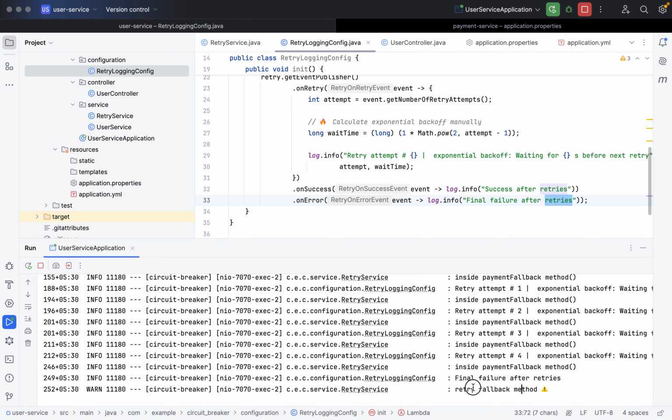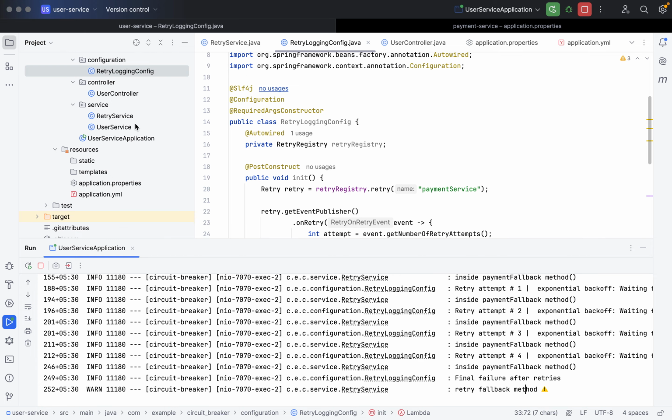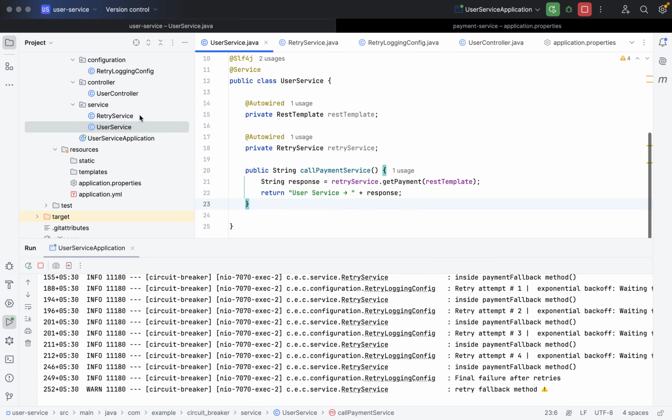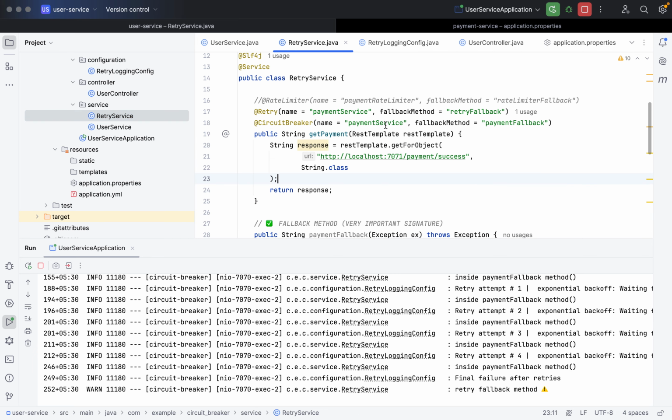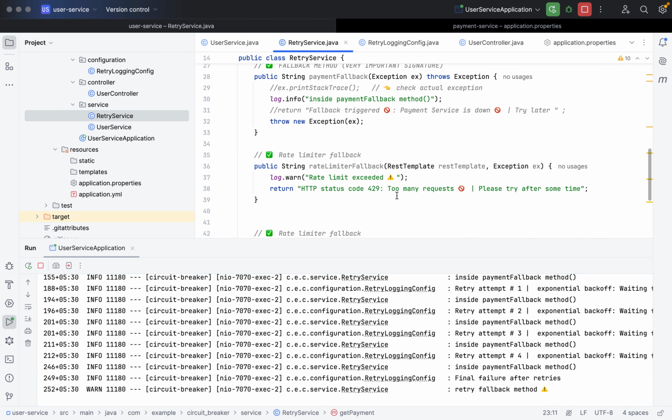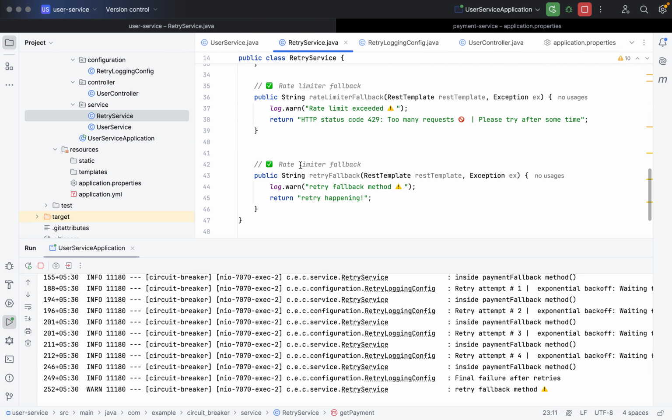Okay, and look at this line, retry fallback method. So what happened, the exception is not triggered this time, and the normal fallback method, not the rate limiter one, it should be retry. So the retry fallback method is triggered, and that is what we were expecting.